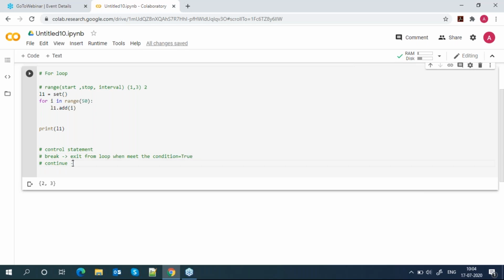Continue will skip and continue the loop.